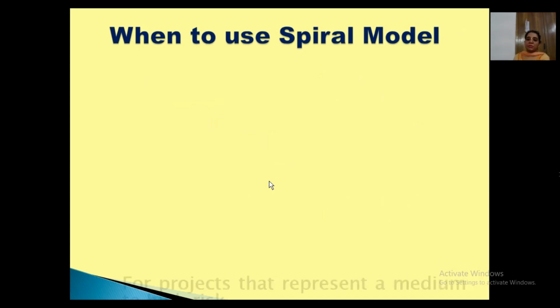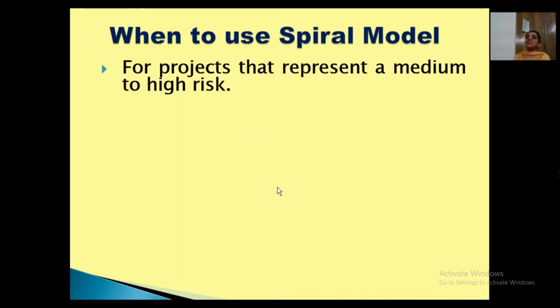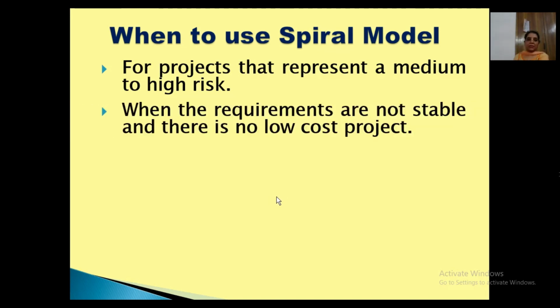Now, when to use this particular model? For the projects that represent a medium to high risk, such kind of projects where you have a good amount of risk involved, when the requirements are not stable and there is no low cost project. Requirements are unstable but the project has to be of high cost, then only you can opt for the spiral model. If your project is of low cost, then do not go for this particular model